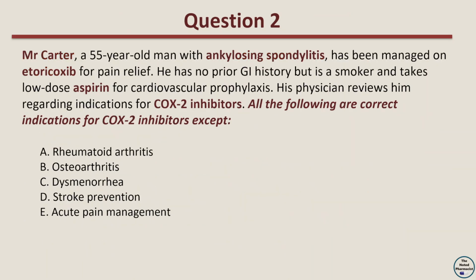Question 2. Mr. Carter, a 55-year-old man with ankylosing spondylitis, has been managed on etoracoxib for pain relief. He has no prior GI history but is a smoker and takes low-dose aspirin for cardiovascular prophylaxis. His physician reviews him regarding indications for COX-2 inhibitors. All the following are correct indications for COX-2 inhibitors except: